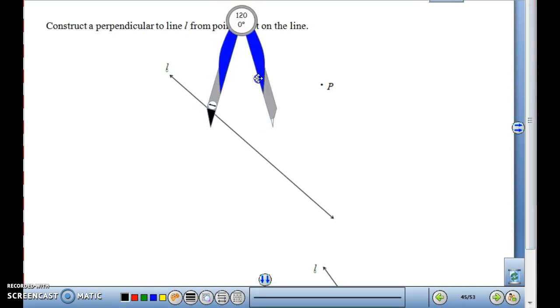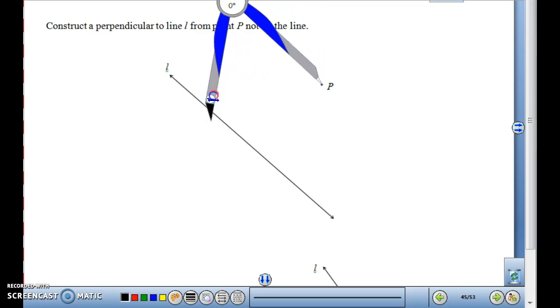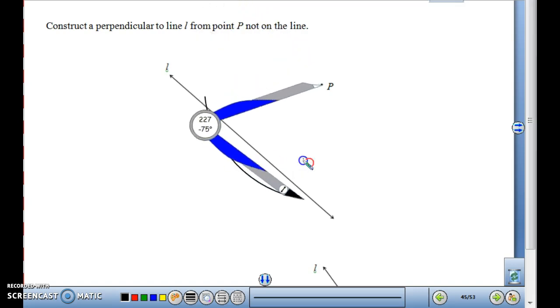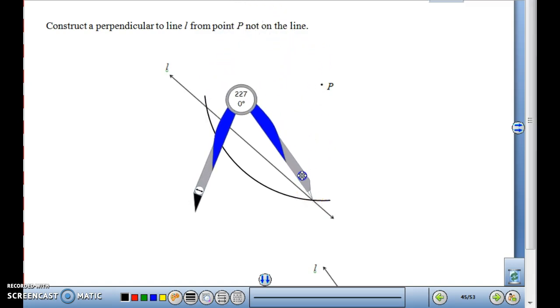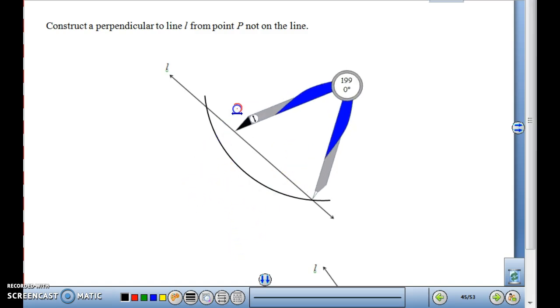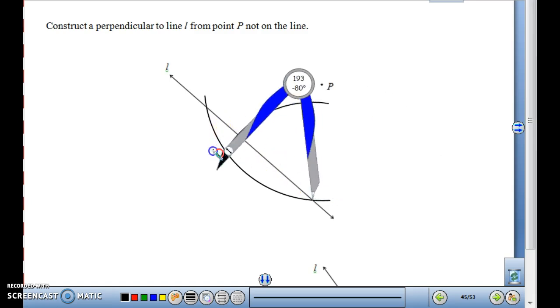So I'm going to take my compass, put it on P, and I'm going to open my compass enough to go past here, and I'm going to make like a U. It just has to touch the line in 2 different places. Once you get the 2 different places, you do the football like you did on the one for the perpendicular bisector. You put the point of your compass on one endpoint, open more than one halfway, and then do the football. So do the football,